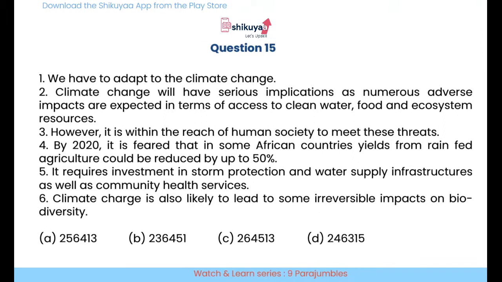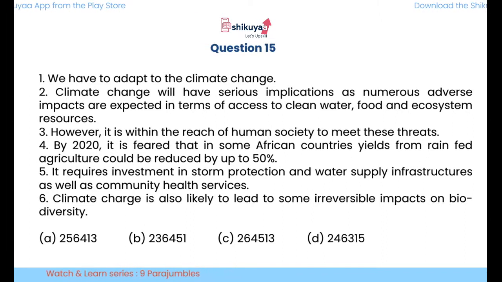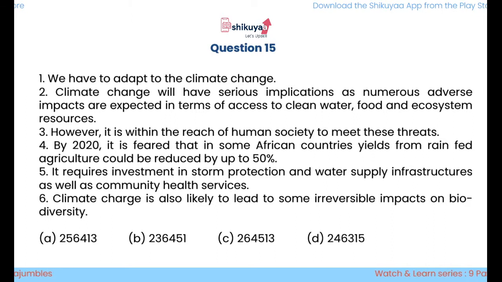If you look at this sentence 4, that is, by 2020 it is feared that in some African countries, yields from rain-fed agriculture could be reduced by up to 50%. Climate change is also likely to lead some. देखो पहले वहां पे सेंटेंस 4 में बताया है कि क्या अफेक्ट हो सकता है, कि 2020 में क्या हो सकता है। उसके बाद और एक बताया गया है रीजन की और क्या क्लाइमेट चेंज की वजह से हो सकता है। ओके सो 6 and 4 कैन बी द पेयर।